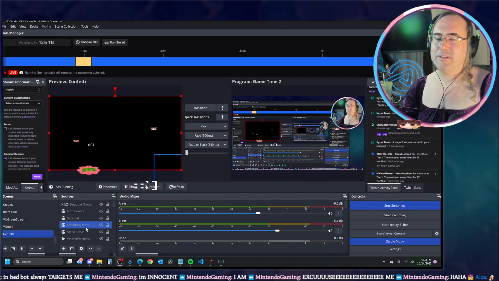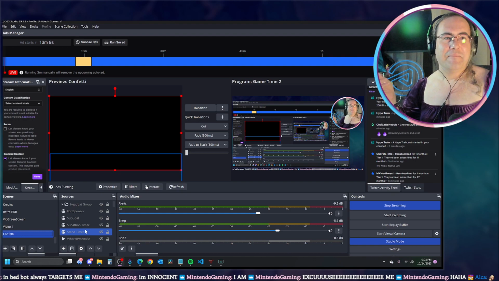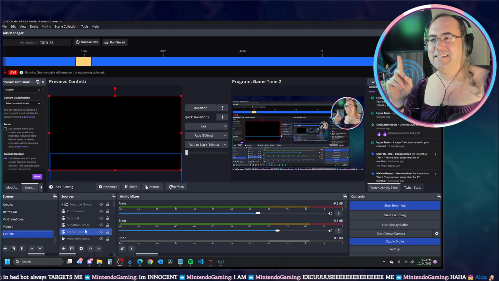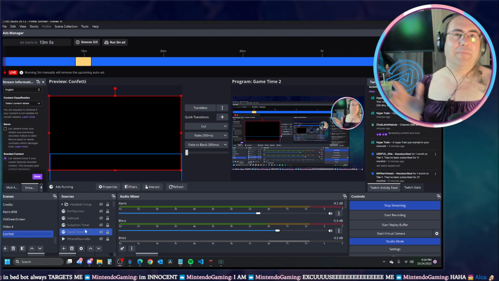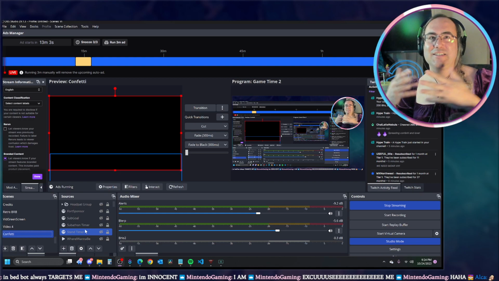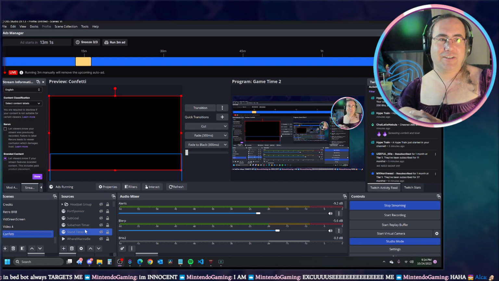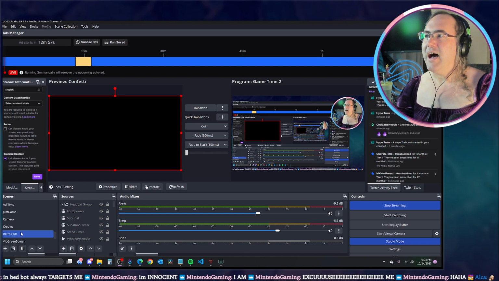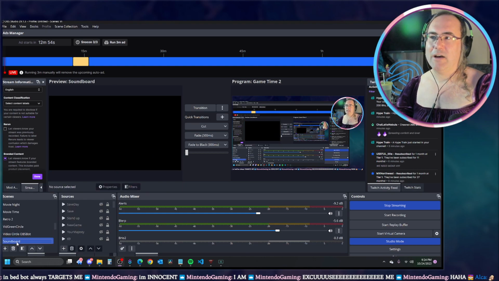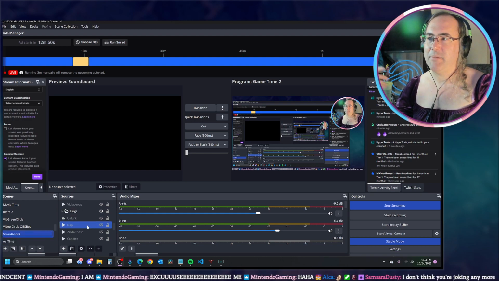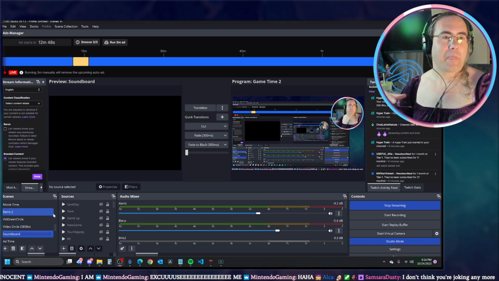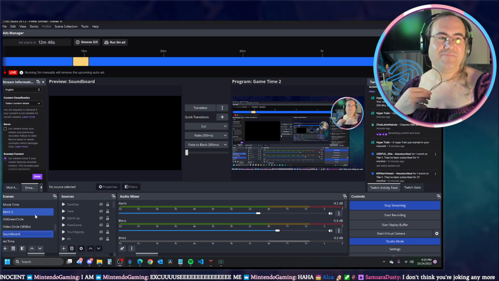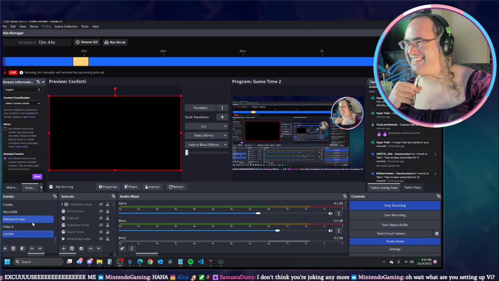And I always joke that I never go back and fix my typos or dumb little things I did. So this has just been listed as confetti because I have never taken the time to sit here and clean it up and be like, this is visuals. I have another one that is my soundboard, and it's supposed to be just sounds, but for some reason I put my hugs in here. You don't think I'm joking anymore?